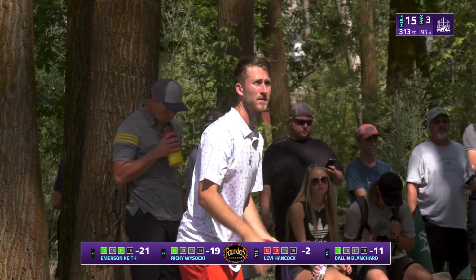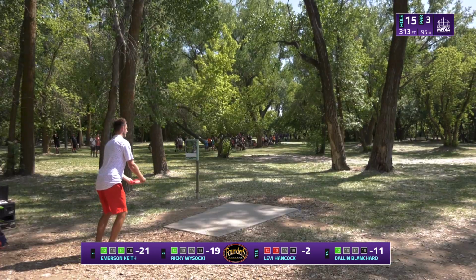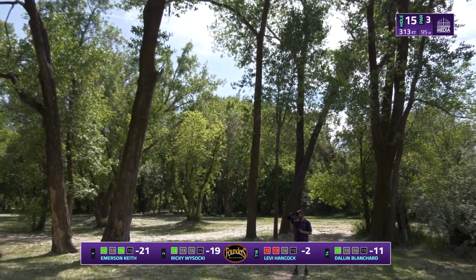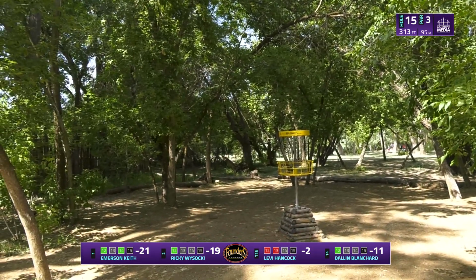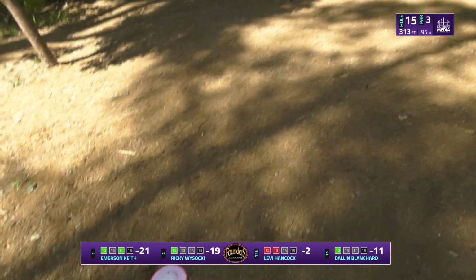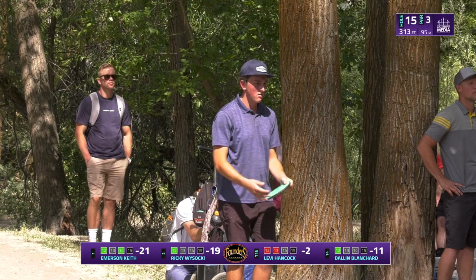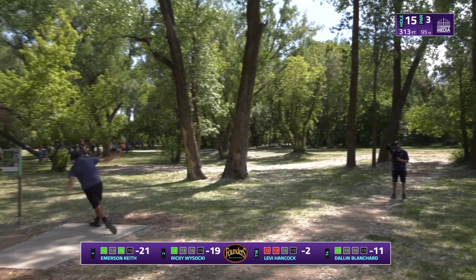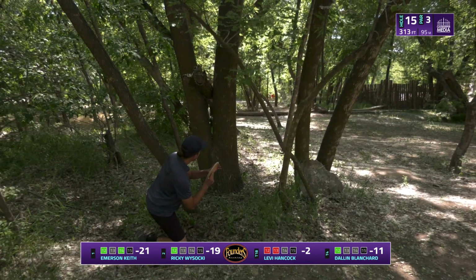Dallin just a bit high. We saw Ricky with a huge hyzer yesterday. I hadn't seen anyone try this, but he found success, so he's sticking with it. Not an easy shot. There's some trees on the right that kind of forces you to throw it really steep. Whoa! I might have to practice that. Wow. That is impressive. And with Emerson out of position,